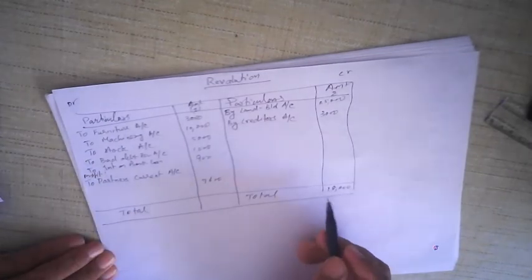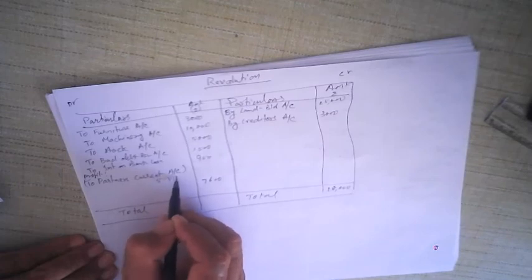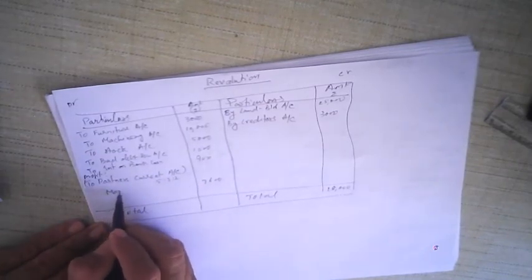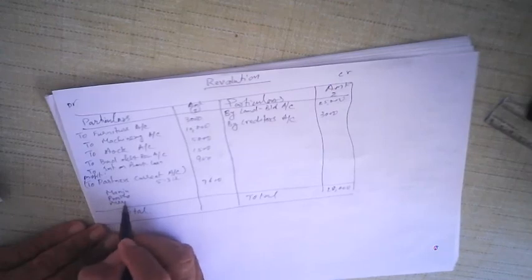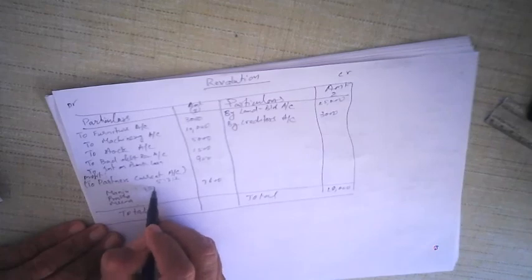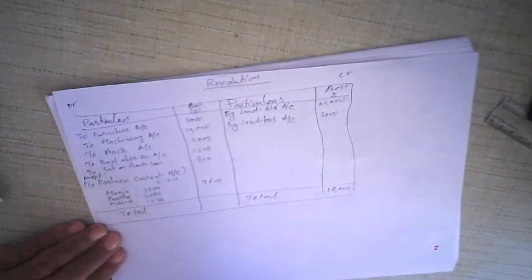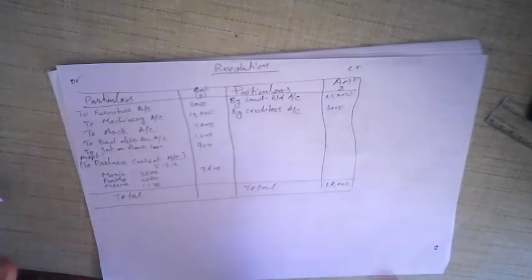to partners current account. You can write in bracket, and the ratio is 5:3:2. And the individuals were Manju. We have already done this in the journal, so you can just copy it from there. Prabha and Meena, the three individuals who were given money in the ratio in the partner's current account, 2,280 and 1,520. This much amount of money is given or rather paid to partner's current account.